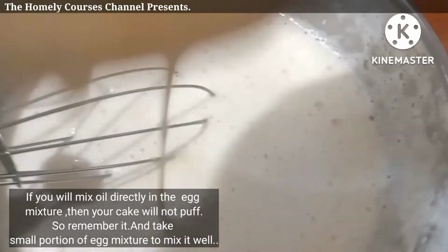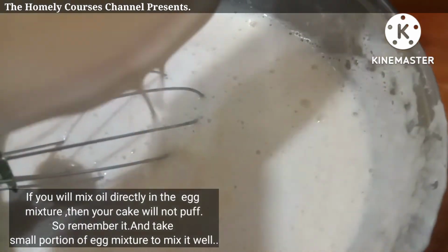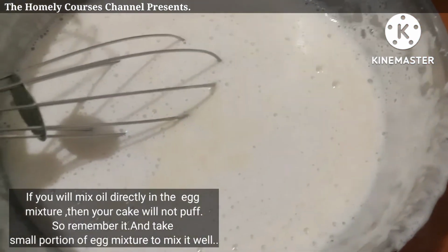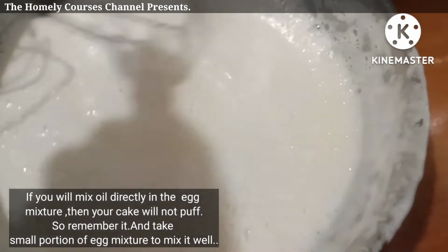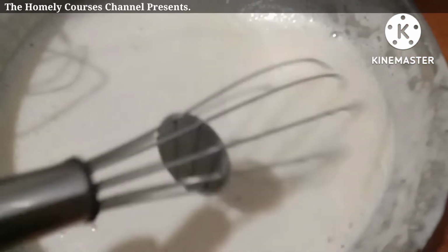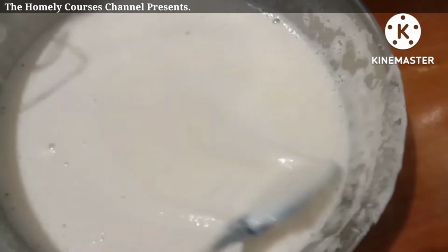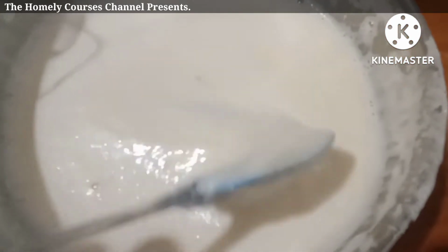Firstly, you have to take some portion of egg mixture and mix it in the butter, or oil if you are using oil, and then you have to mix the butter mixture into the egg mixture. Now here we are stirring it nicely. After that,